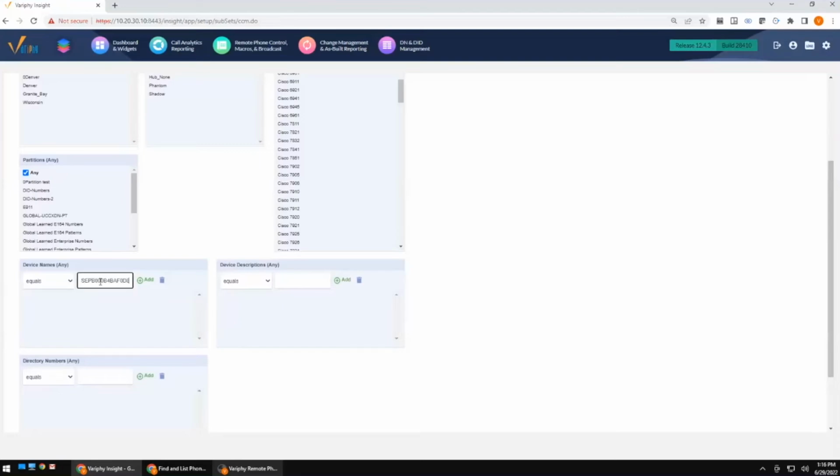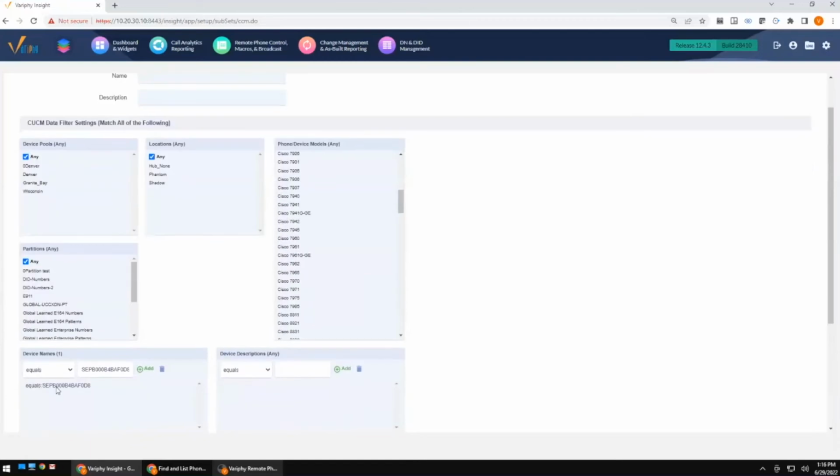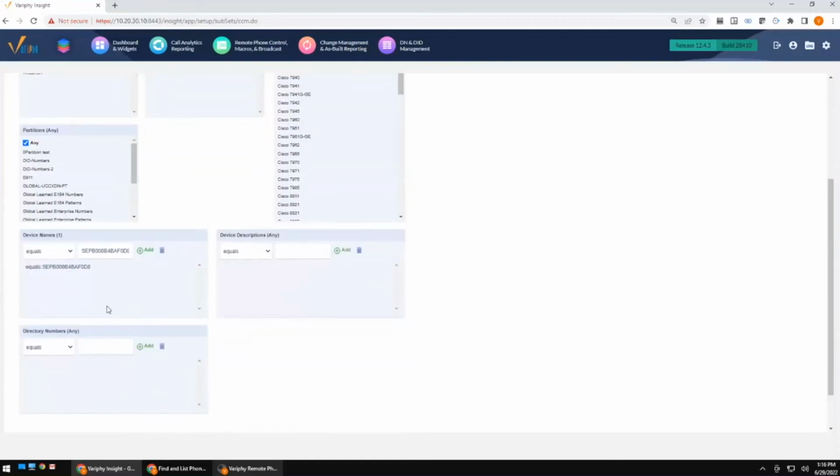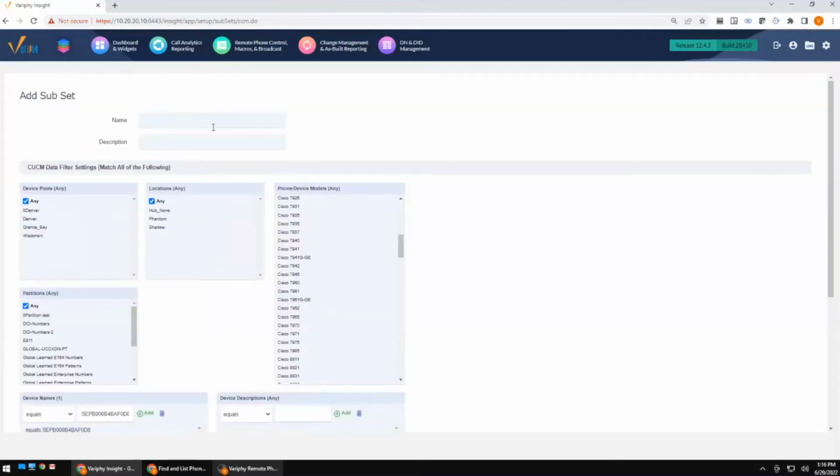So I wonder if I still have that cached. I do. And here's the device we're going to run it against. And now you can see it's going to match all of this criteria and then only run it against this phone because I am specifying this phone or a directory number or a device description. All right. We'll call this workshop